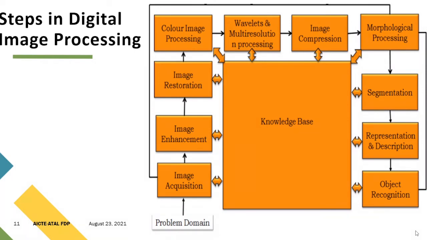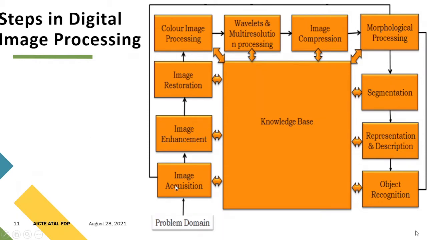So the problem domain is, if you have an image or a certain object which is to be processed, then our problem is that you have to capture that object, which is not available in a favorable condition. Natural sources are not available, so you have to make the environment friendly, meaning there must be some artificial sources which will radiate that particular object, and you will capture it. So these are the various important steps which happen in image processing.